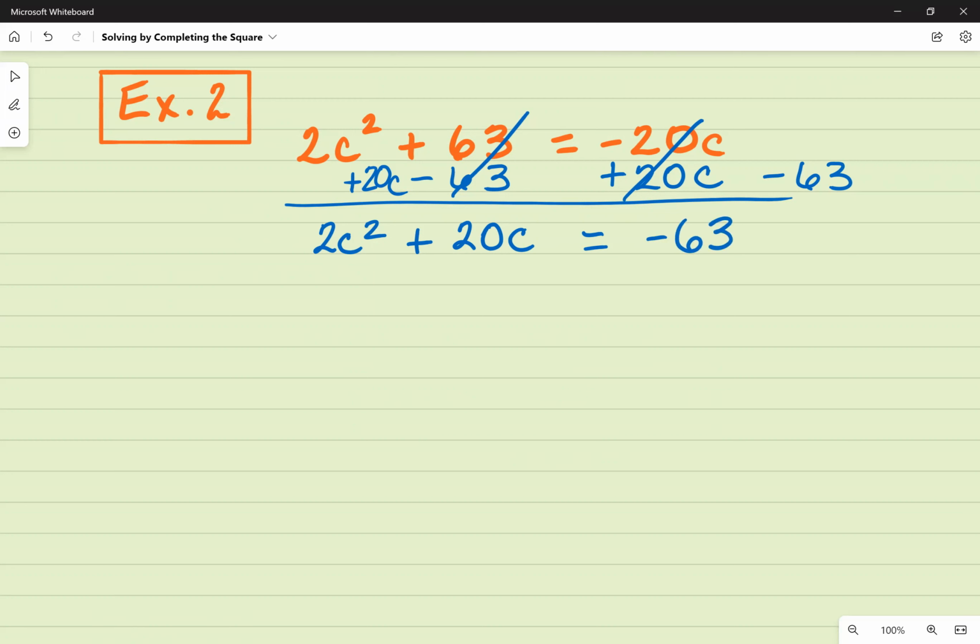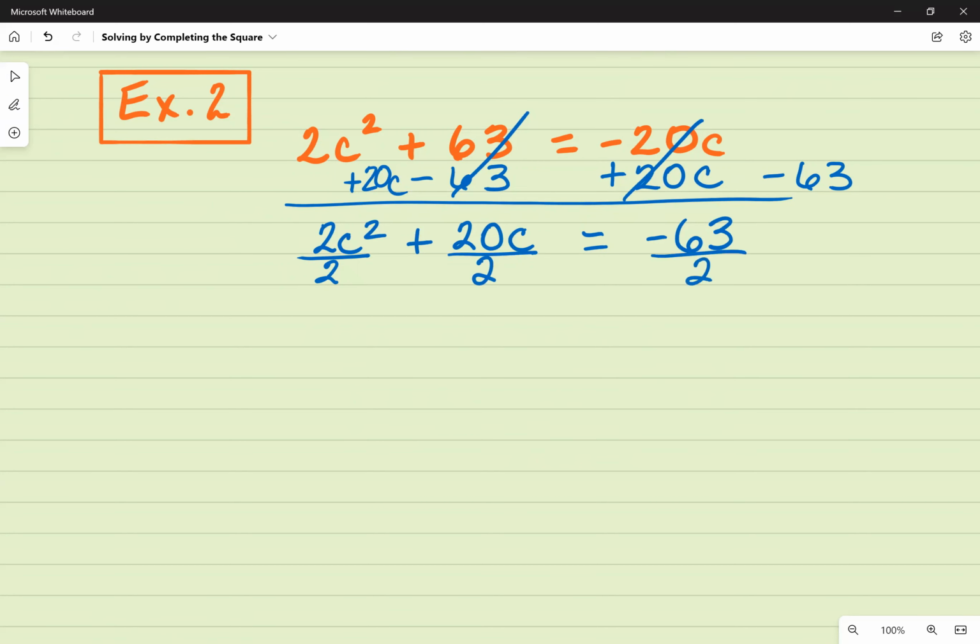Well, I cannot complete the square unless my leading coefficient is 1. So that's the step that said factor out a GCF if applicable. This is where I'm going to be factoring out the greatest common factor. And what I want to do is make sure whatever I'm factoring out is going to cause my leading coefficient to be 1. So we're going to factor out a 2,